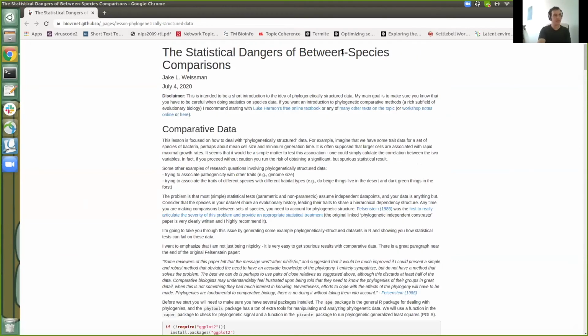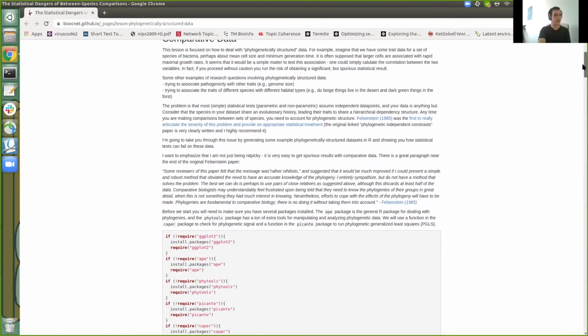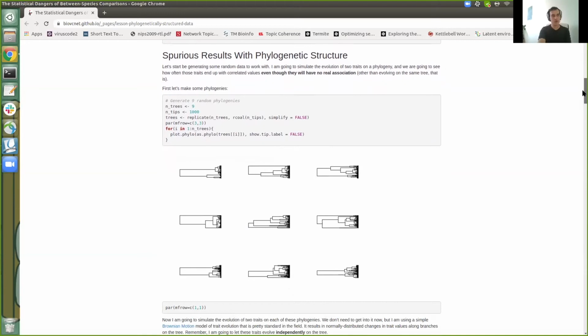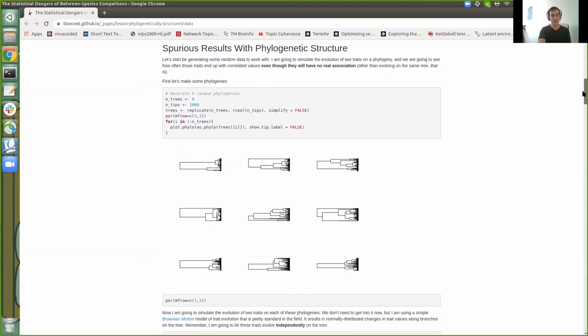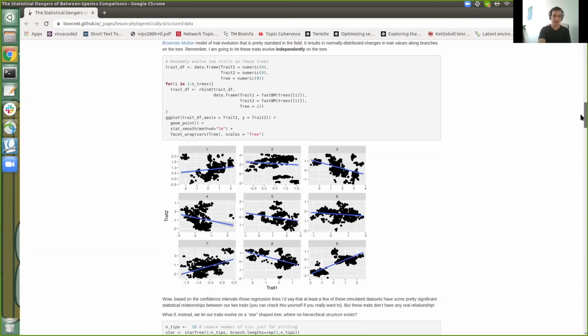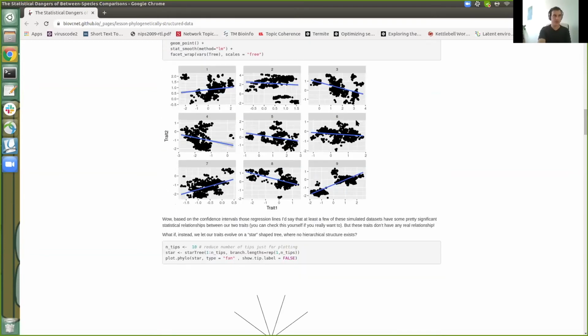I have a lot of links, including links to some free texts that might be useful to you, especially if you want to get more in depth in these types of approaches. And then I basically walk you through the same example I just took you through, but with more instances simulated. So I have 9 versions of that tree simulated, and then I've simulated traits on that tree again. You can see that each time you simulate a different tree in a different data set, you get a different